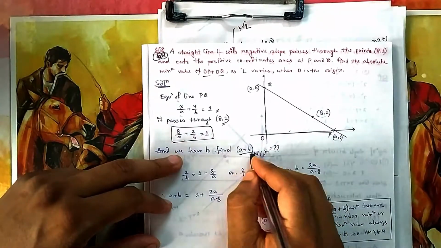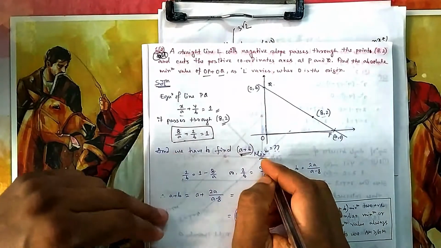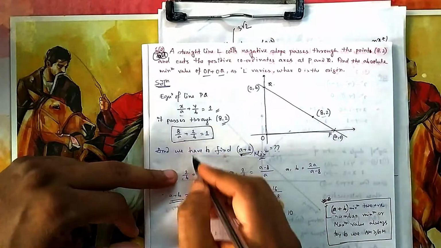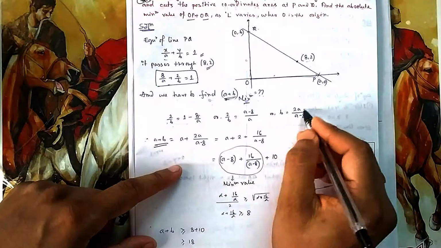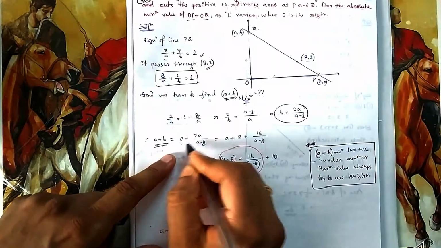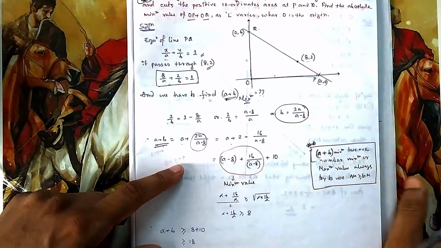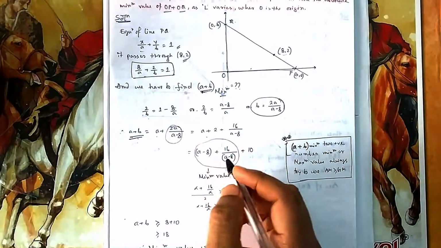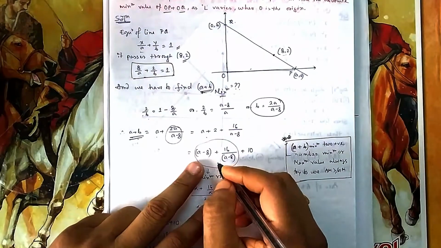So you will find this expression. Now what you need to find is this plus this as minimum. This is A, this is B. So A plus B you need to find. So what is A plus B? So you solve from here, calculate B, B is this much. So A plus B is this plus this. So A plus B means this. If you do it in this way, why I am doing it this way, you will see here because you need to find the minimum value.